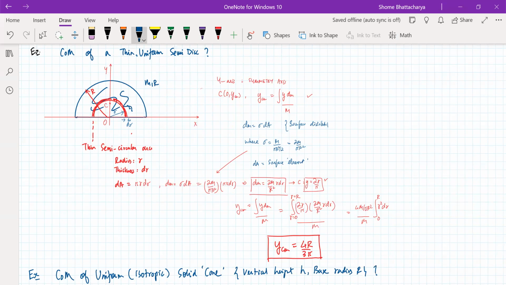So just like we are discussing, here you will slice the cone into discs. Now, because the vertical axis of the cone is a symmetry axis, the center of mass will lie somewhere on that axis. So you can slice the cone into thin discs, like there are discs which are smaller and smaller in size, stacked on top of each other to form the cone.